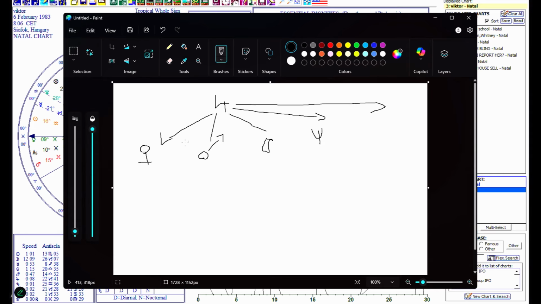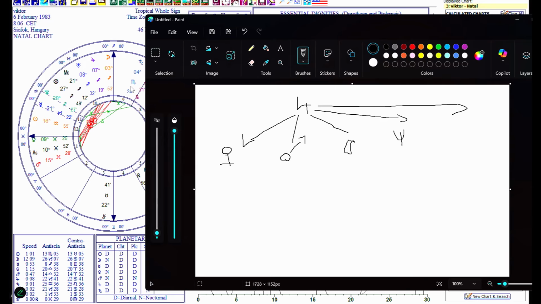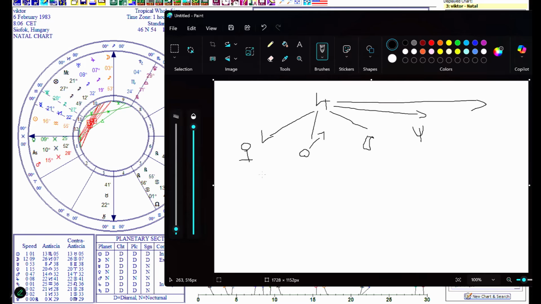Now, because I've got Venus reporting to Jupiter, you would be looking at, do I have any planets in a Venusian sign? So I've got Pluto. So Pluto would be coming here underneath, right here. And then we've got a dispositor chain. Okay.